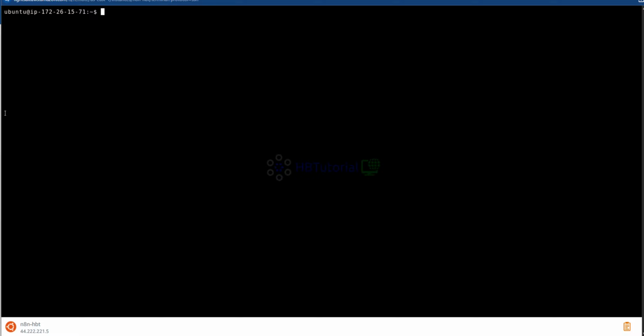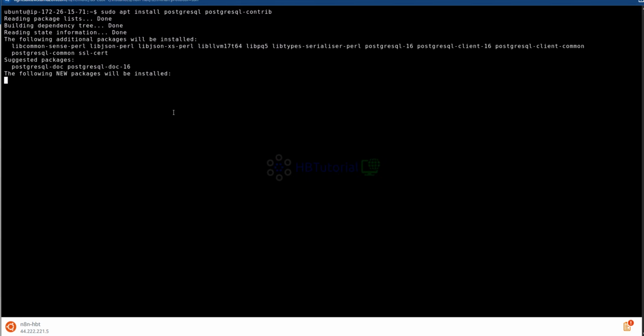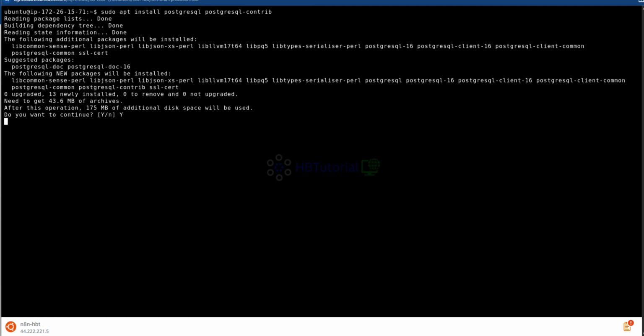We will use the Postgres database. So this one, sudo apt-get install postgresql postgresql-contrib. Okay, yes.